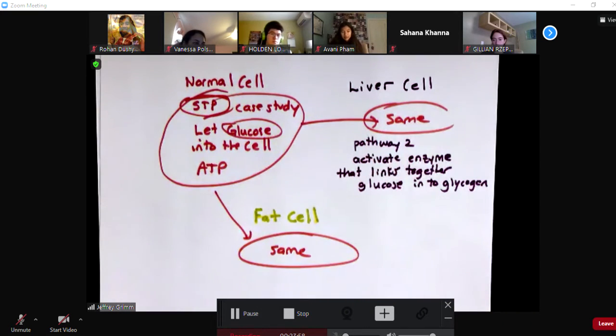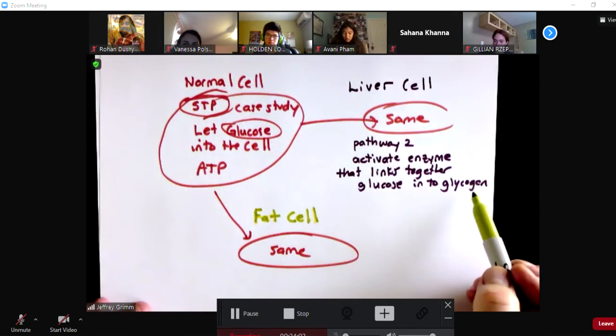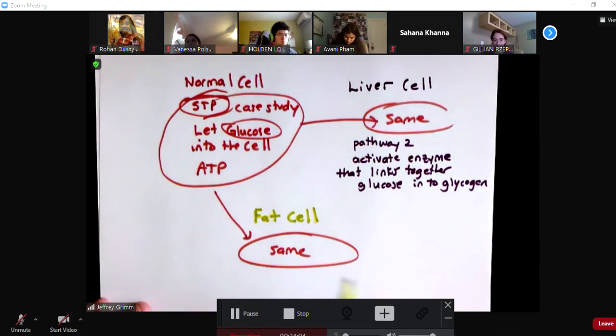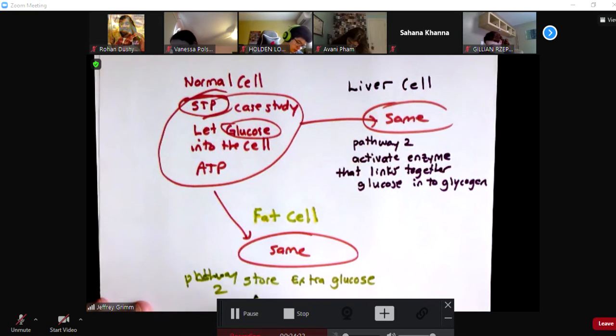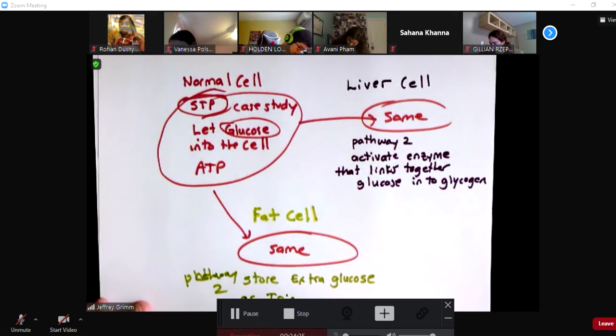Okay? What a fat cell will do, they're not going to store it as glycogen. Fat cells store, so pathway 2, we're going to store extra glucose, modify it, and turn it into a triglyceride.